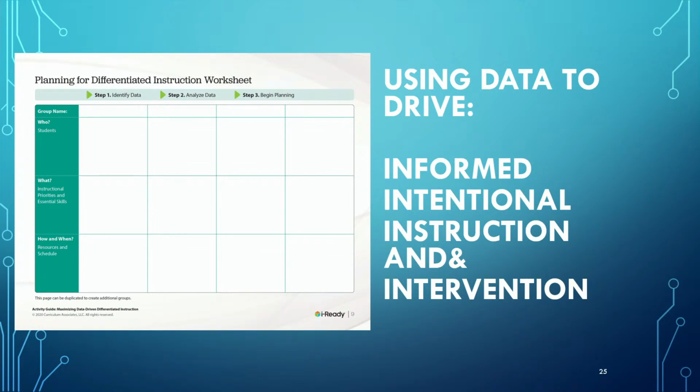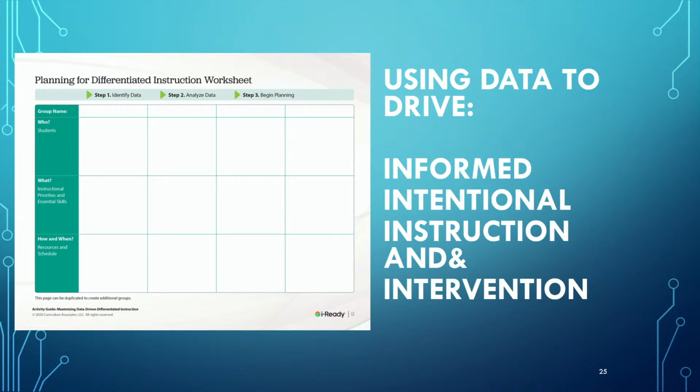So then, just as Kelly said, it's not just about having the data, but it's also what do we do with that data? And so we're very intentional and targeted in our instruction and in our interventions. We really want to accelerate the gaps in that learning loss and keep instruction focused on grade level standards. So our teachers ask themselves, who may need that additional support? What are those skills they needed? What are the resources? And how can that intervention be provided and monitored to make sure that it's working for each student?